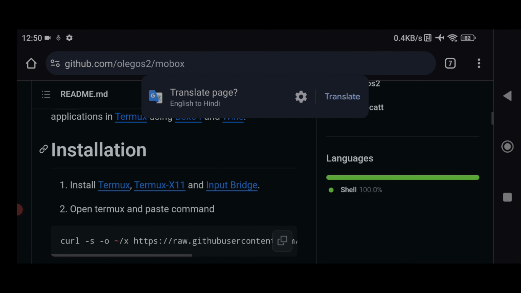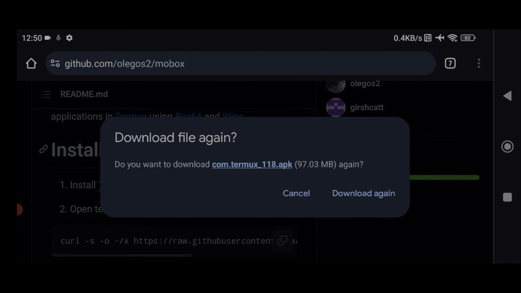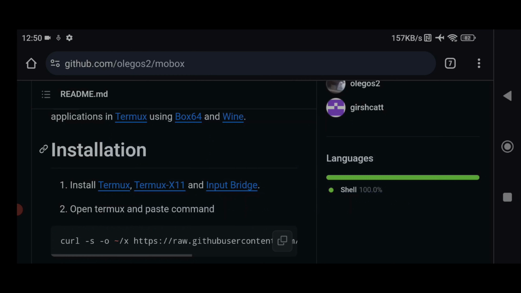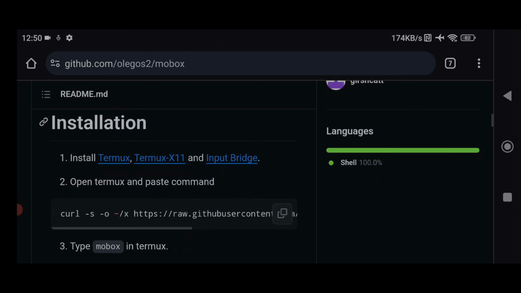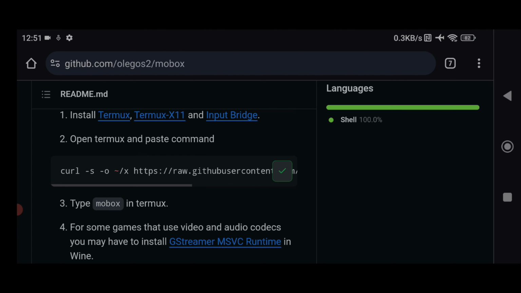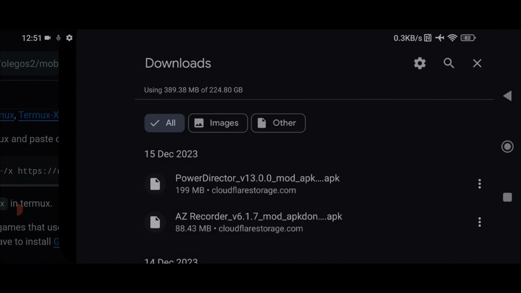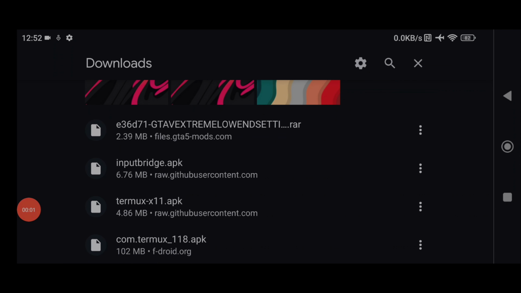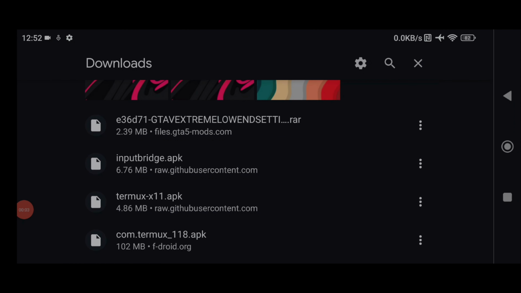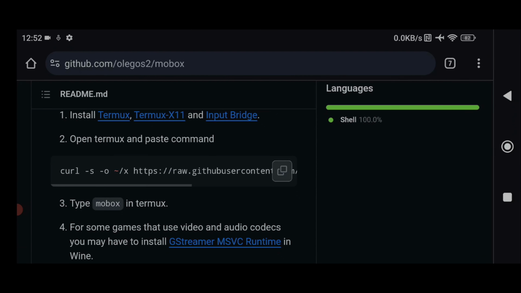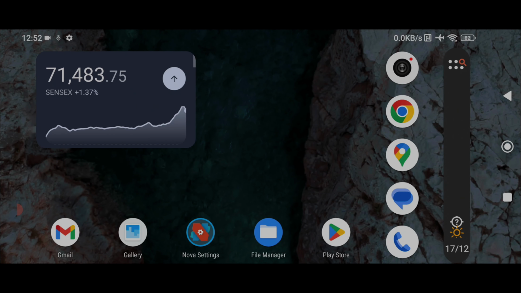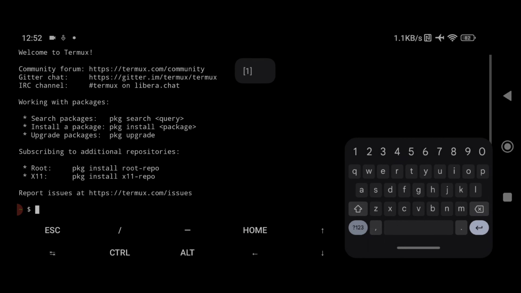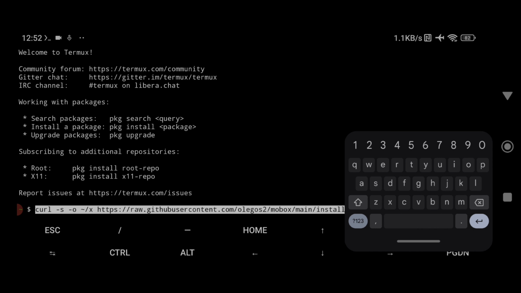So what I will do, I firstly download the Termux app. Similarly, you also have to download Termux, then Termux X11, then Input Bridge. Now you have to copy the command given below. Before that, just go to the downloads, let me install the Termux app and then Termux X11. Once the installation is complete, just go back to the GitHub profile, and here you have to copy the command. Now open the Termux app,